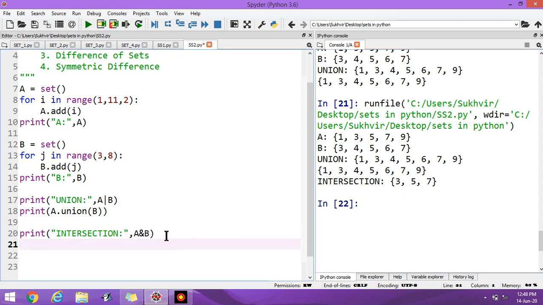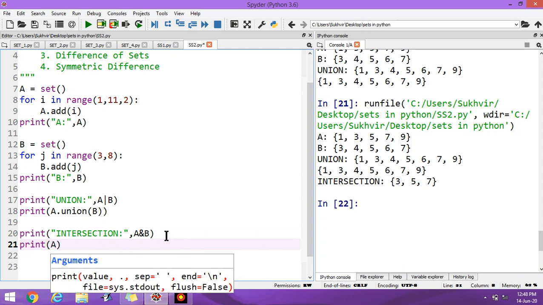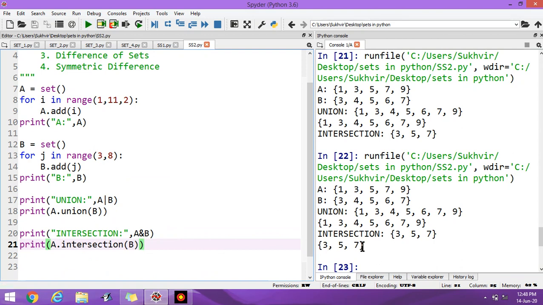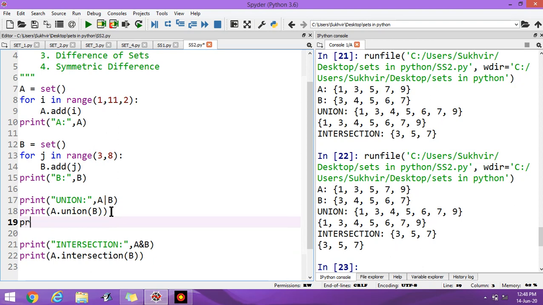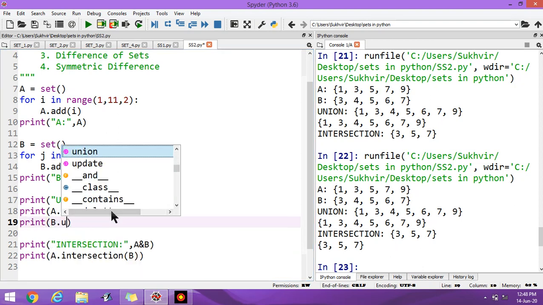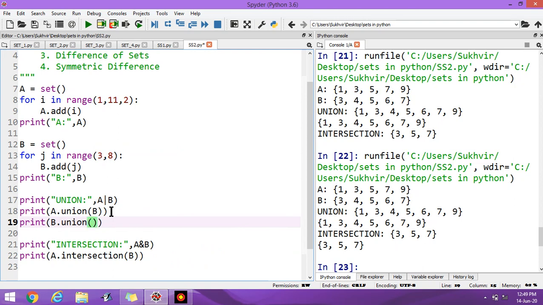One more way of representing: print A dot intersection, and inside the bracket you can write B. It's 3, 5, 7. You can also write print B dot union A. It's one and the same thing.